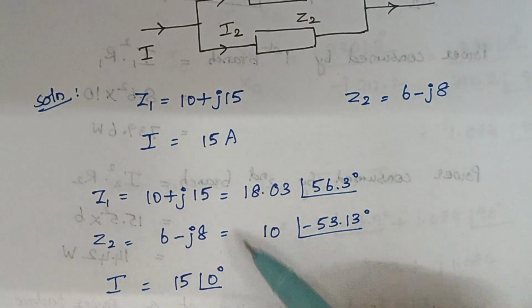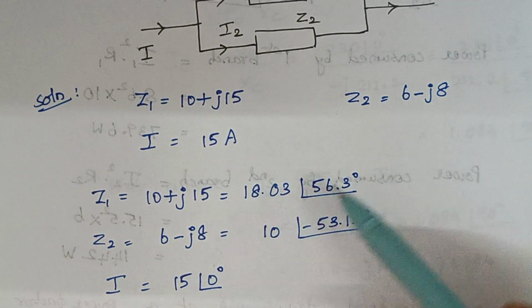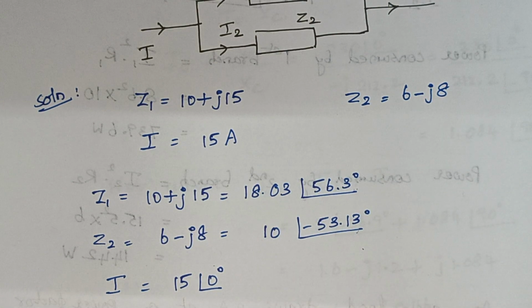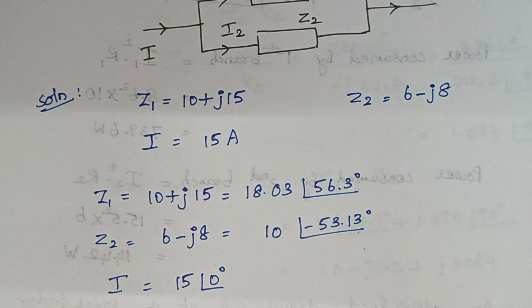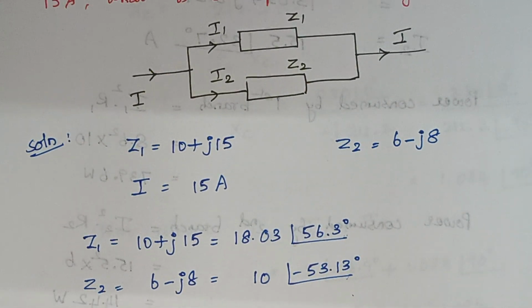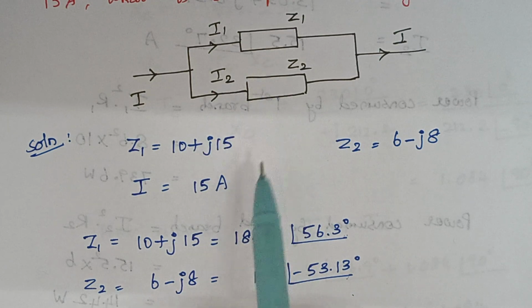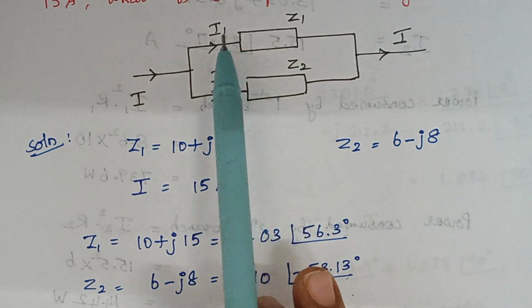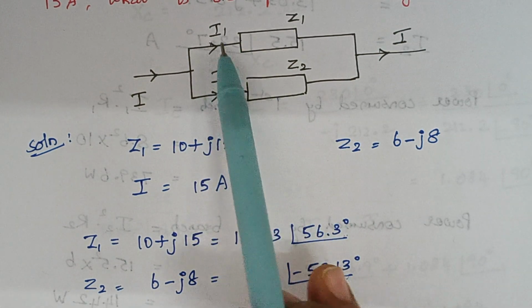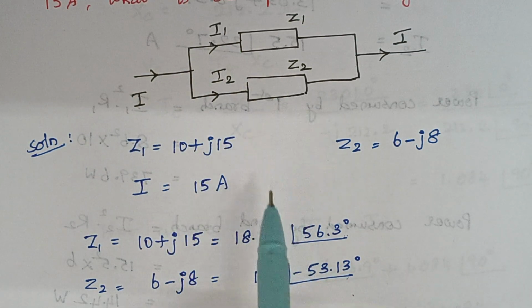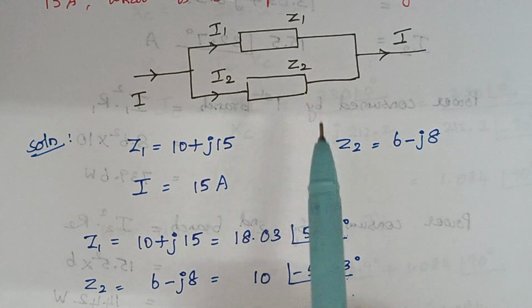First, write down the given parameters. We are representing it in the polar form also. So again, we are going to use the current division rule, because to calculate power, we should know the value of current that flows in each branch. So how to calculate I1? As usual, I1 is calculated as total current I into opposite impedance Z2 divided by the total impedance Z1 plus